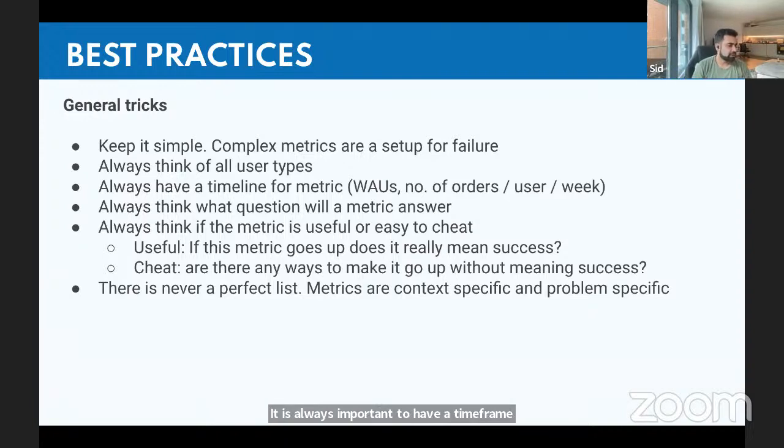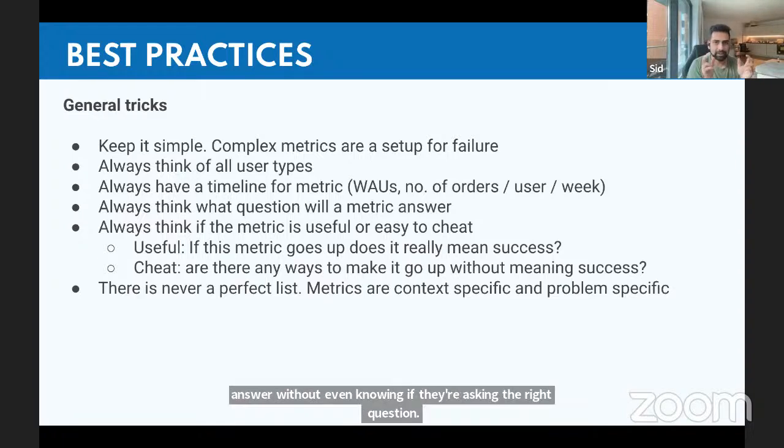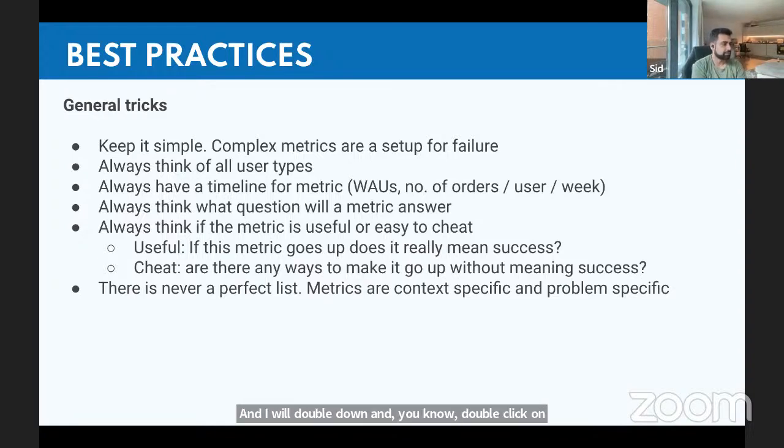Next one is fairly straightforward. A metric is an answer. So think of the question and ensure the question is right, and then go on to the answer. What a lot of people do is they keep focusing on the answer without even knowing if they're asking the right question. And I will double down and double click on what I mean by question in the next slide. The next one is that